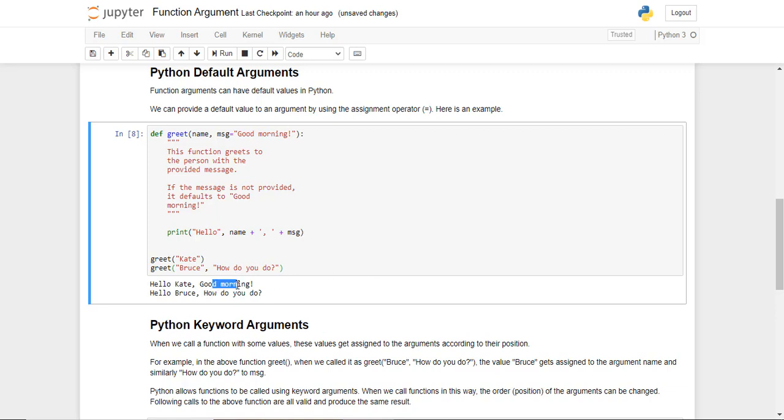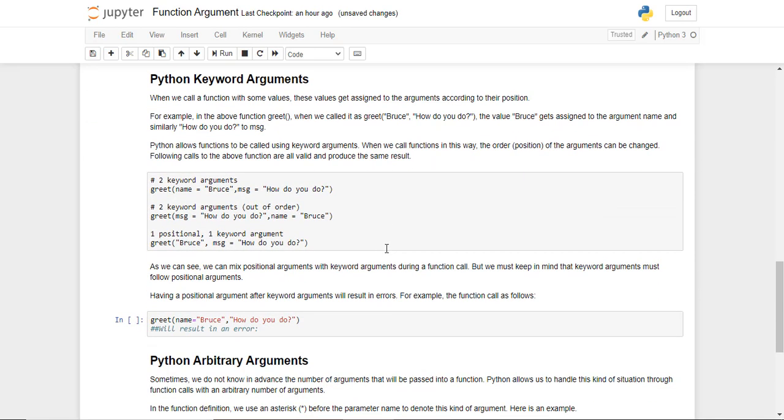Good morning, because it was a default argument and we never provided a second argument. And how do you do, because we actually did provide a second argument. So we are able to run the function with one argument or with two arguments, both ways. This can be helpful if the function you are trying to use has a number of arguments and you only want to use one or two and you are happy with using the rest as default. You will come across this a lot when you go to the machine learning libraries, and we'll come to those later, of course.